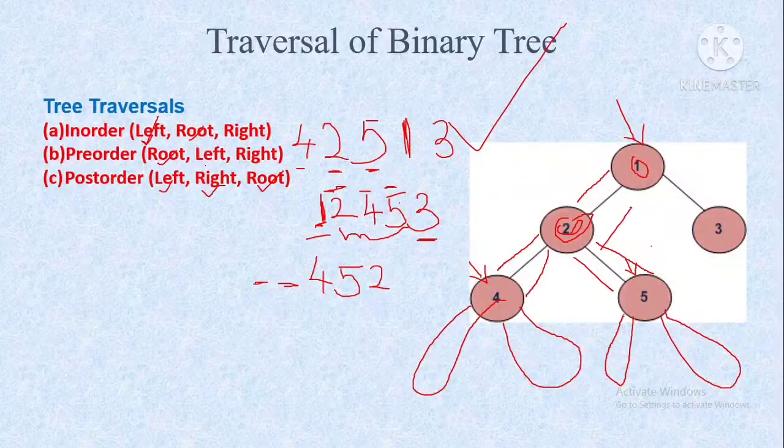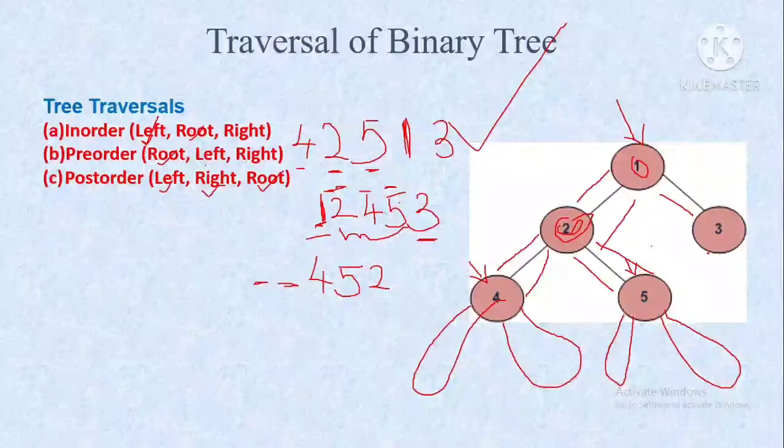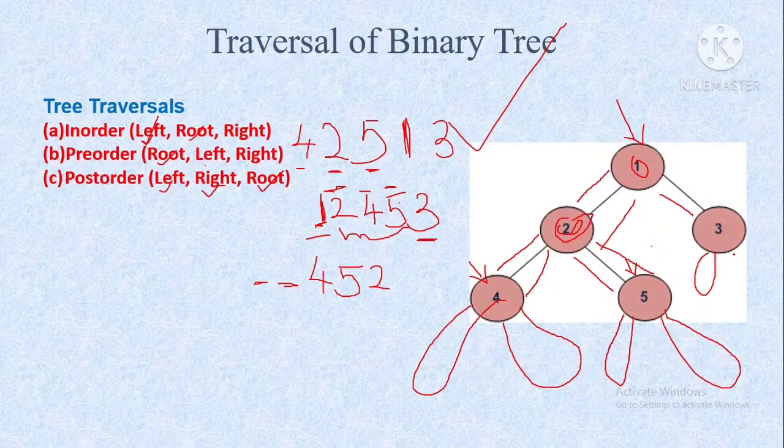So if I again go back to this root node, I have visited my left subtree. Now I have to visit my right subtree. So I am going to this right side. 3 is there, so I have to visit my left and then right. I will come back to this 3. Now I can write. I will consider I have visited the left and then right subtree of this node 3.